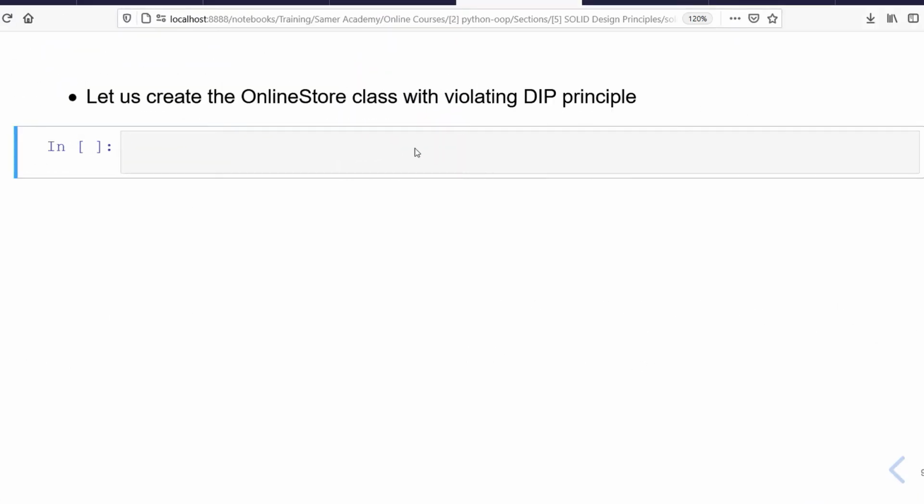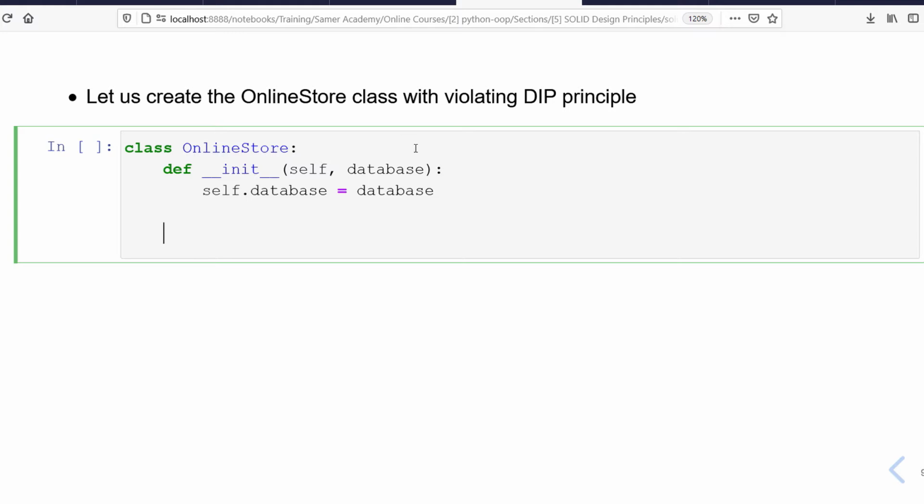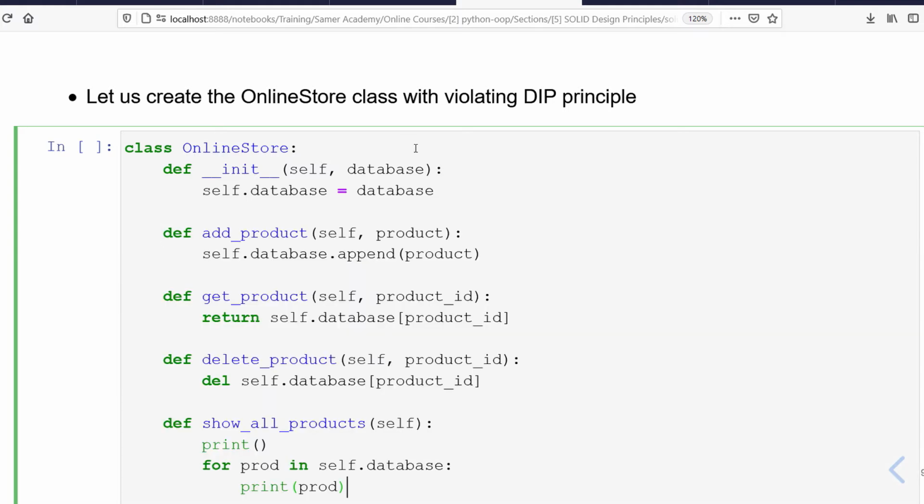Okay, let's understand this principle by a real use case. Assume that we want to implement an application for an online store. And we know that the online store requires the availability of a database. So let's say that I want to define a class for this online store, and this class accepts an object from the database that we want to use. So now, if I assume simply that the database is just an object from the available and predefined class list in Python,